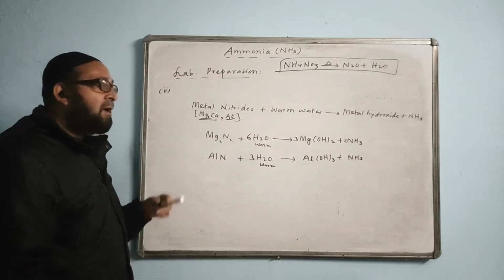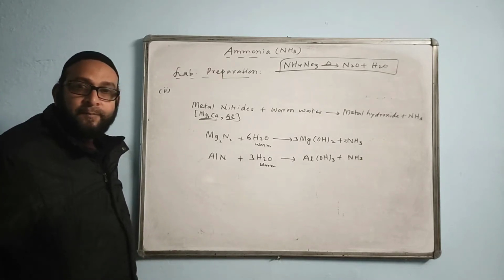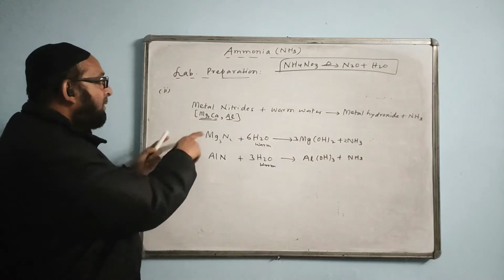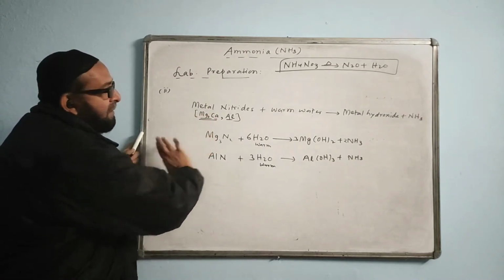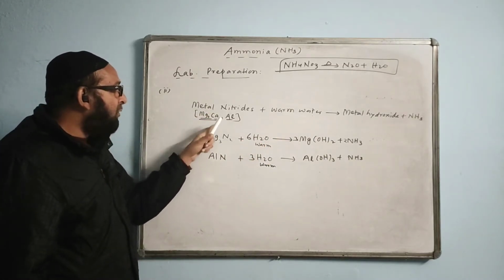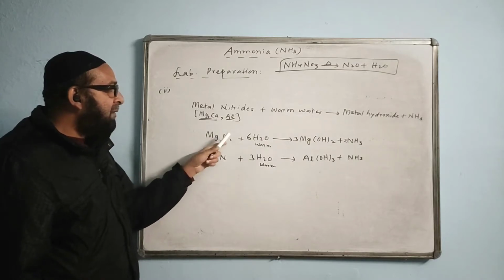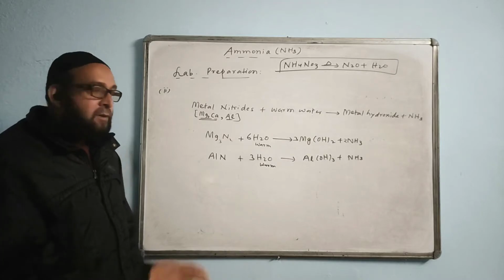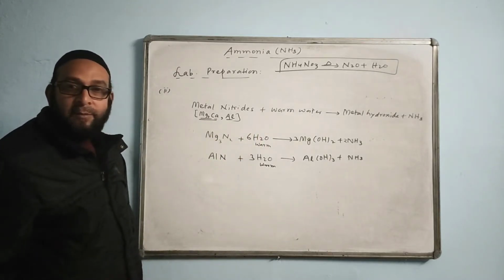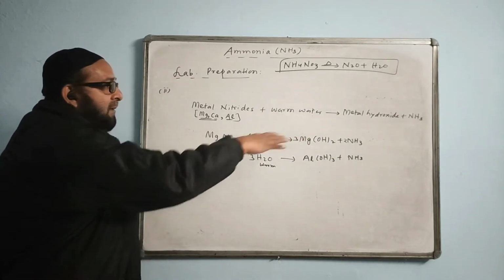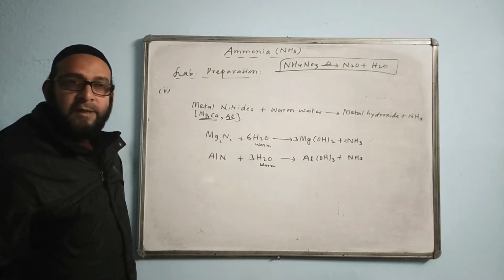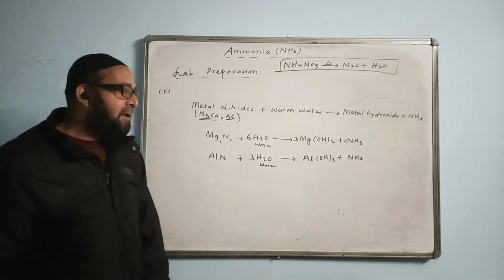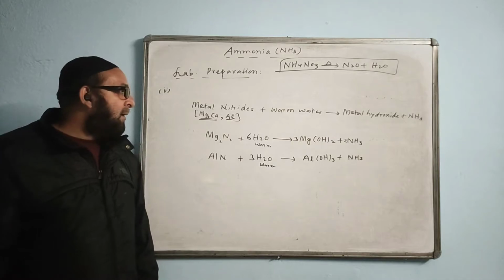So these two reactions are also very important. The magnesium reaction and calcium reaction will go in a similar way. Mg can be replaced by Ca, that's Ca3N2, then the answer will become Ca(OH)2 plus NH3. The rest of the balancing numbers also remain the same. Only Mg is replaced by Ca, the rest of the thing is the same. So that's why I will not write it for calcium, very similar. Okay.